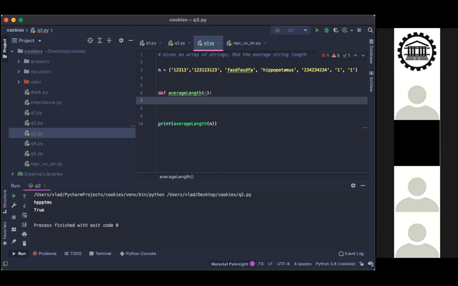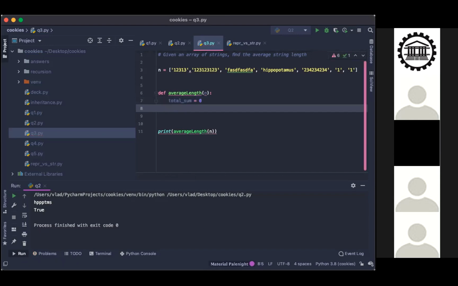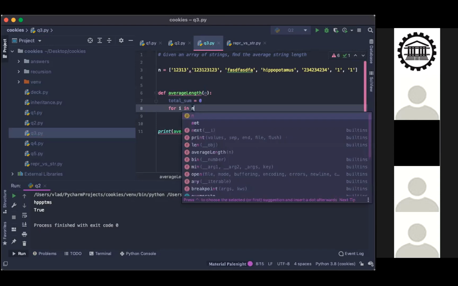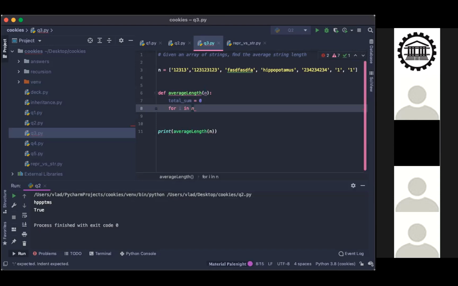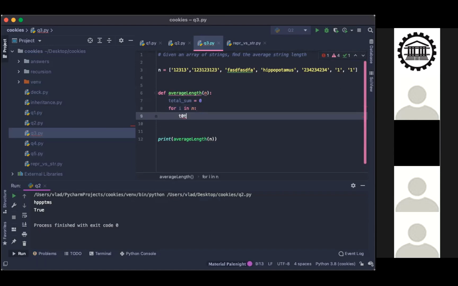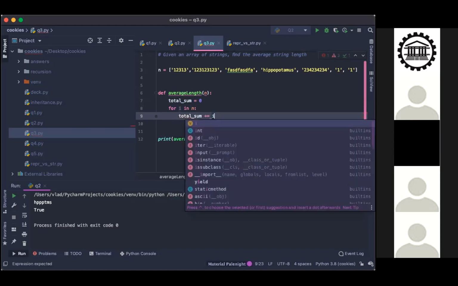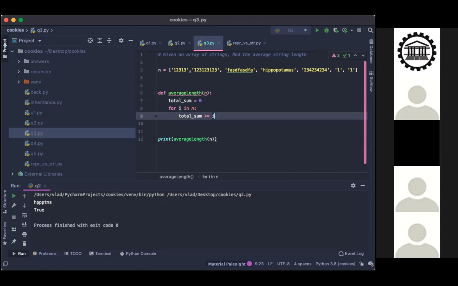Oh, yes, I'm sorry. I guess you could say total sum, for example. Yeah, total sum is initialized to 0. And then for I in n, that's the list variable parameter, total sum equals total sum plus len of I. Okay.